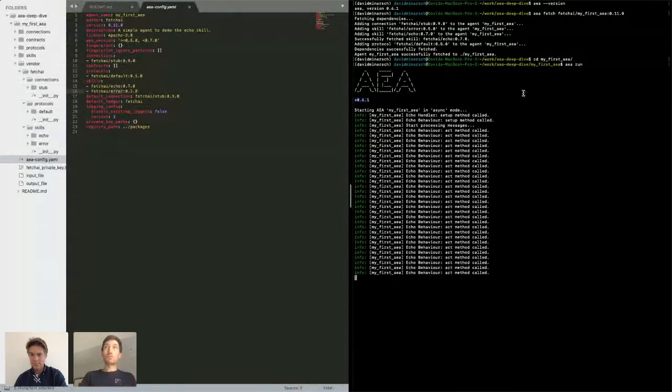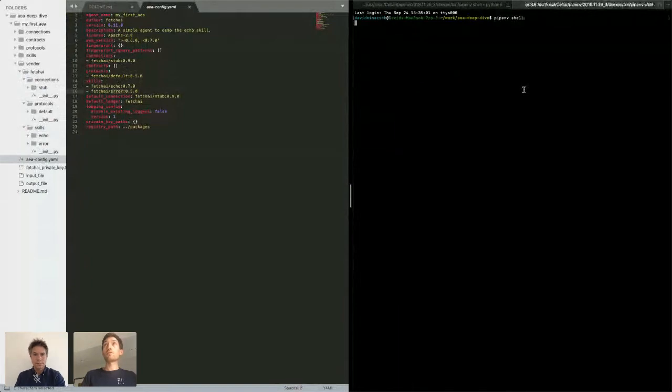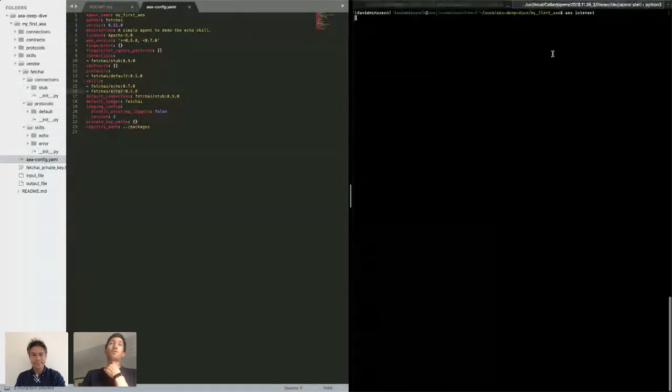But what I can now do is see what happens if I were to interact with this. So I'm opening a second terminal here, going quickly into my virtual environment again. We have this, just for demo purposes, this tool called AA Interact, which lets me actually, oh yeah, I'm not in the agent project, so my first AA, which lets me interact with my running agent here, just for the quick start.